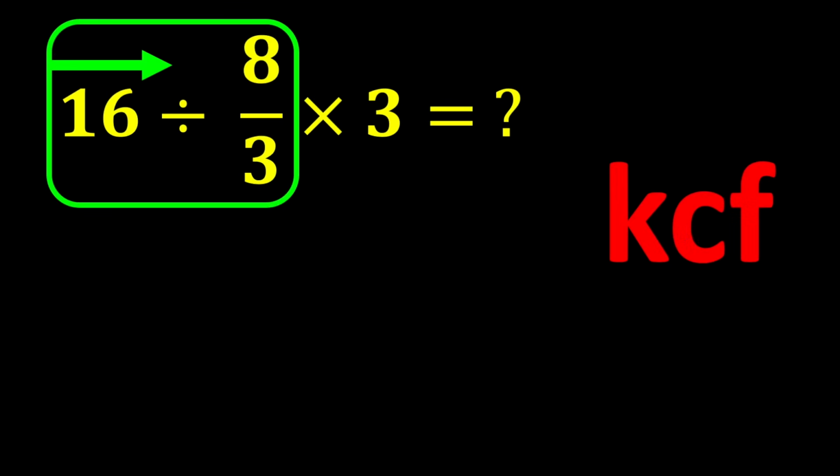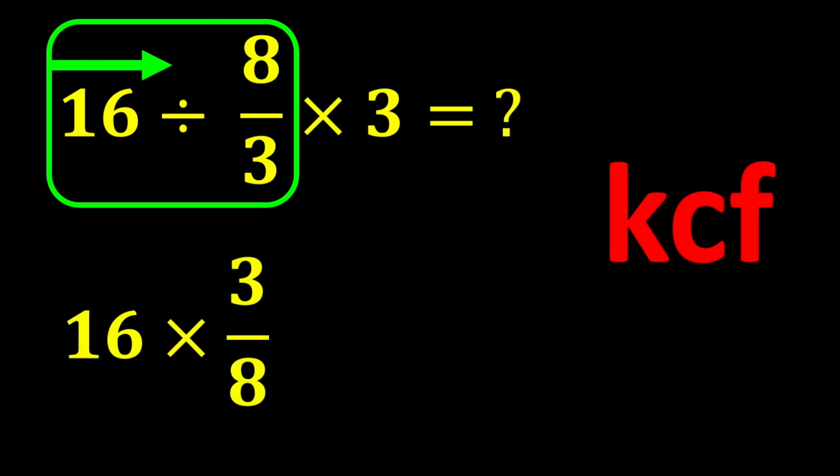To solve this part, we use the KCF rule. K stands for keep, C stands for change, and F stands for flip. The KCF rule is a simple rule for dividing fractions. According to this rule, we keep the first number as it is, change the division sign to multiplication, and flip the second number. According to the KCF rule, we keep 16 as it is, change division to multiplication, and flip